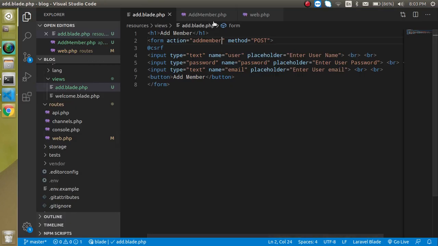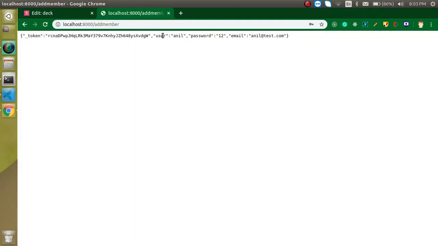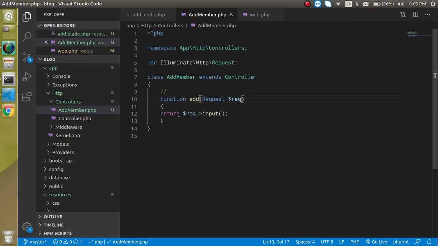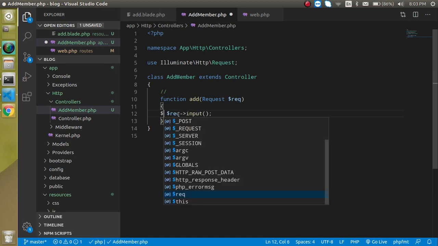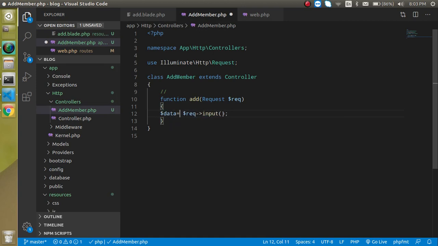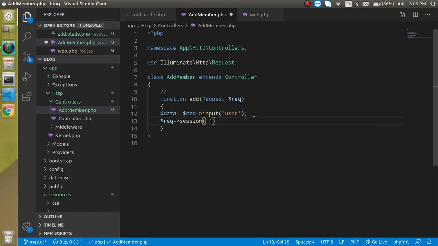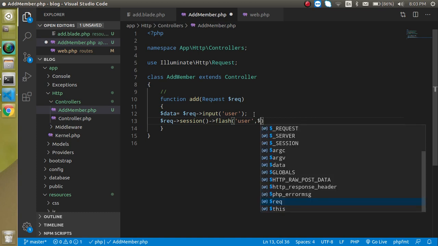So now let's put this username in a flash session. So just go back here, just take it inside any variable like data, and let's put here normally user, so that we can get the user data, and just use here $request session, and in the session we can use the flash function, and here let's put a key name, data user, and data will be $data, right?